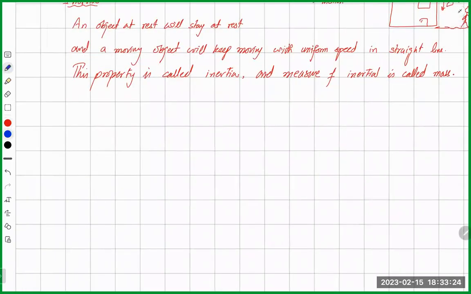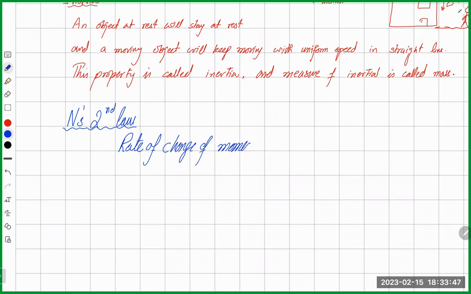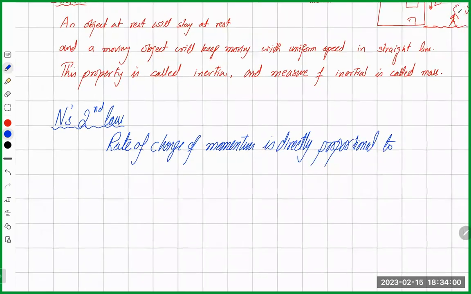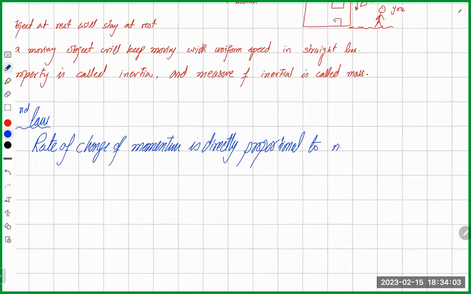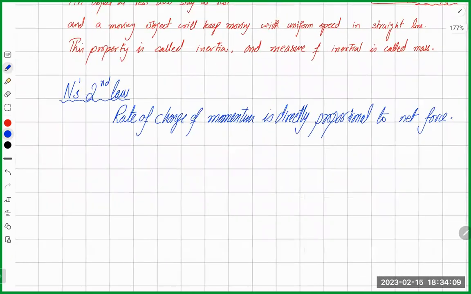Now, Newton's second law. Rate of change of momentum is directly proportional to net force. This is one way of saying it, or